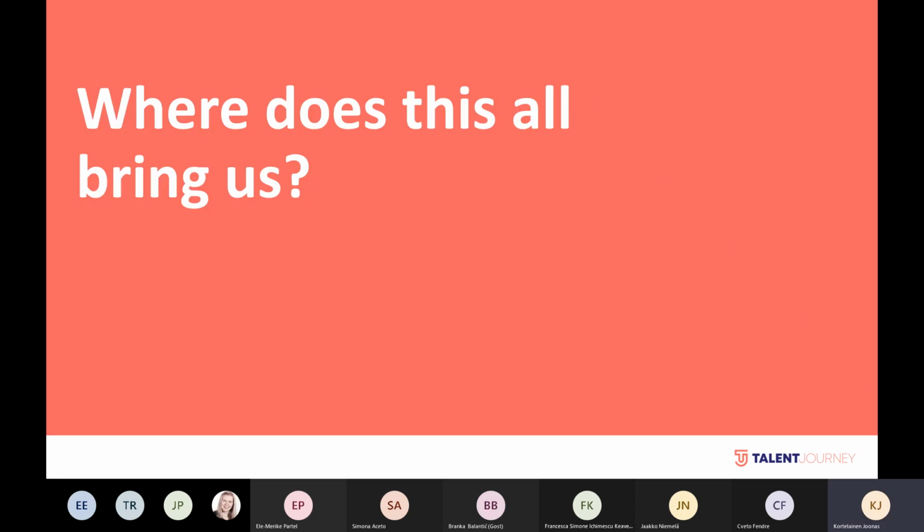Where does this all then bring us? Now that we live in the age of Industry 4.0, I'm not sure if Industry 5.0 is knocking around the corner. At the moment, it really is all about digitalization and virtualization, big data, IoT, machine learning, and AI. And of course, digital twin too. But how can we use all these in our industrial progress or factories or processes? One way is